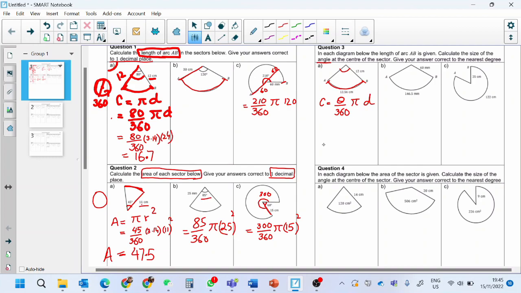This is our formula. So now we have to find this angle, theta. So we take everything else to the other side of the equation. The circumference of this arc has already been given to us, 12.56. So we write it as 12.56, and then this